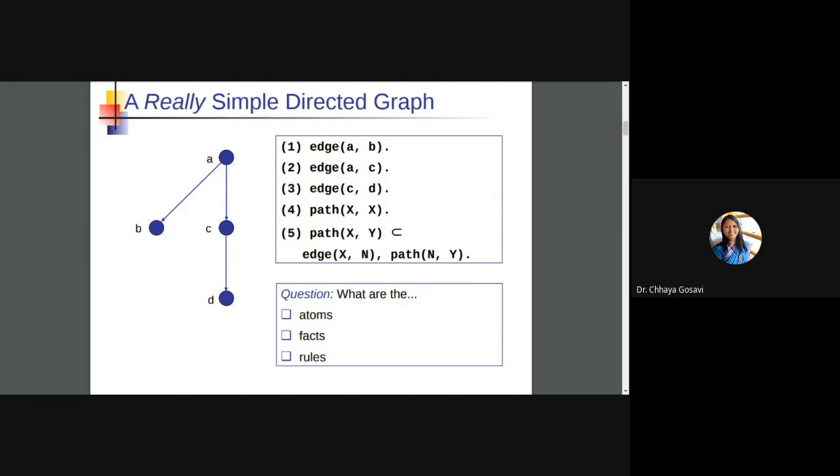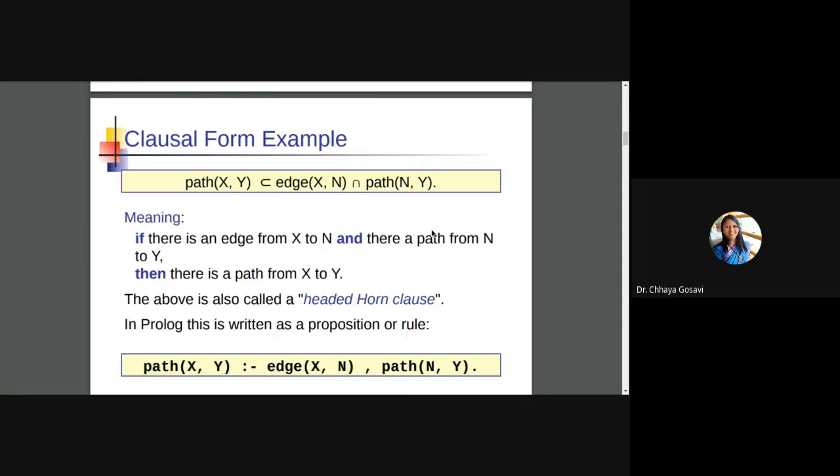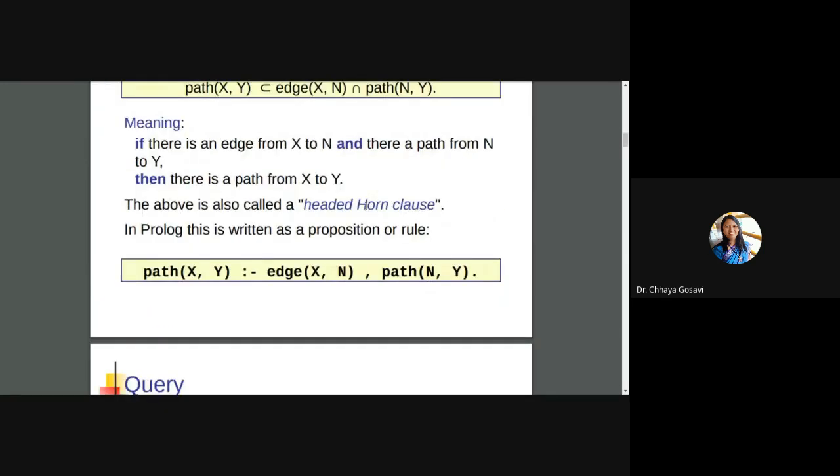If the first condition is true, then you are going to check the second condition. If I ask you, is there a path from B to A? Is there an edge from B to A? No. The first clause is false, no need to check the second part. If the first condition is true, then you will check whether the second condition is true or false. This is called a headed Horn clause.